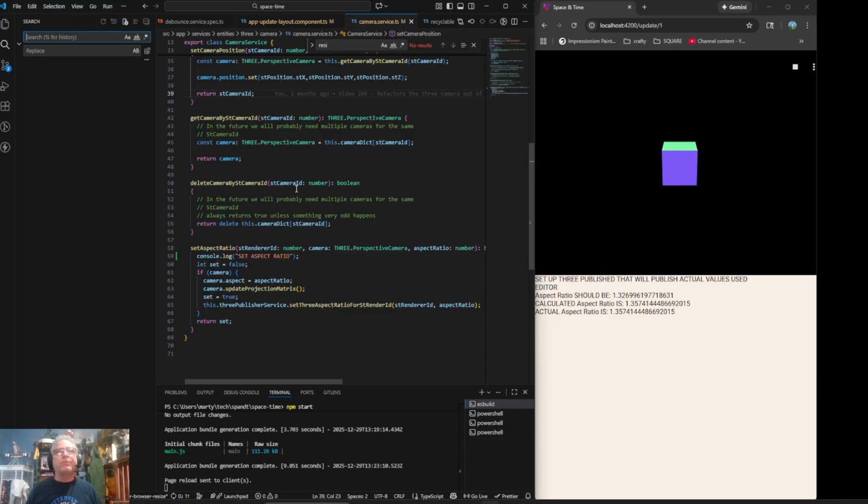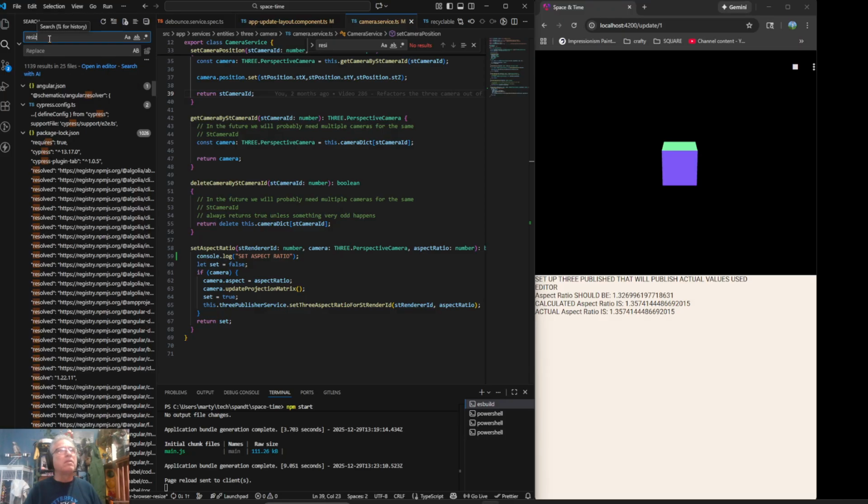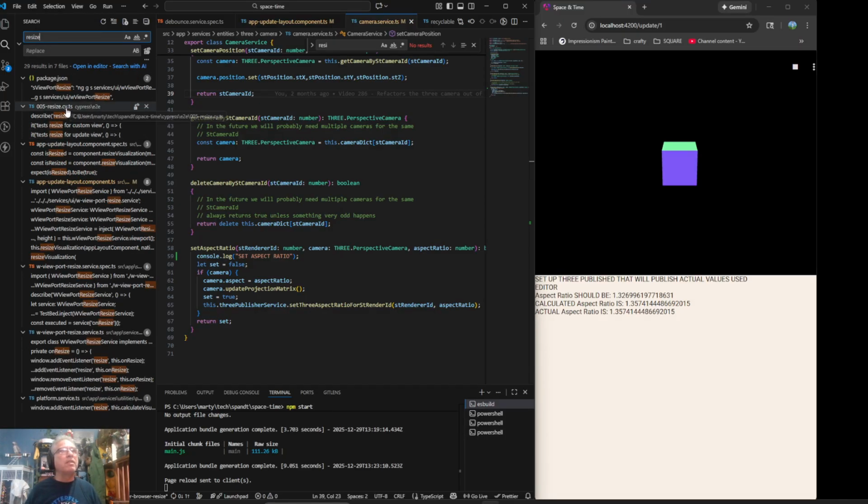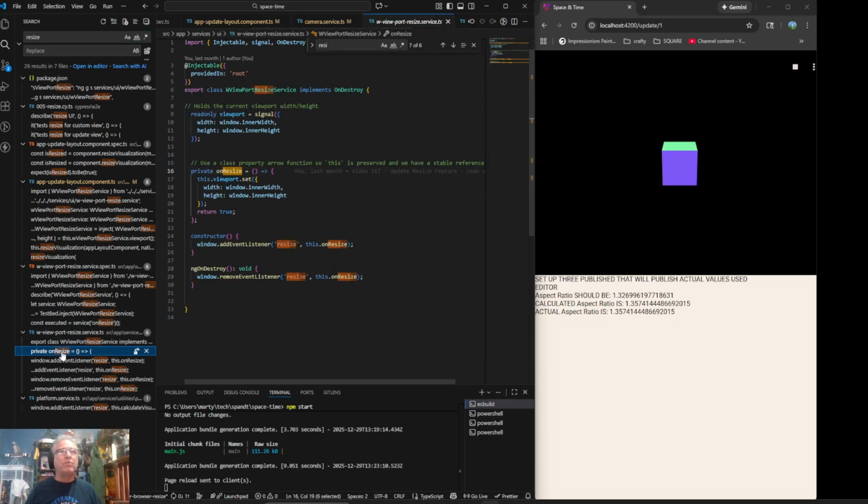All right. What is going on? All right, let's look at resize. Let's look for the word resize. View resize. Private on resize. This kind of looks like a viewport event. Okay, so here we go. It looks like on resize we call viewport set. Viewport resize, viewport signal,